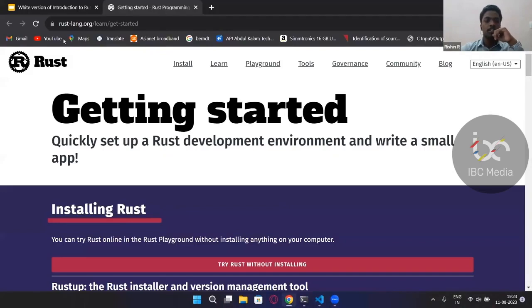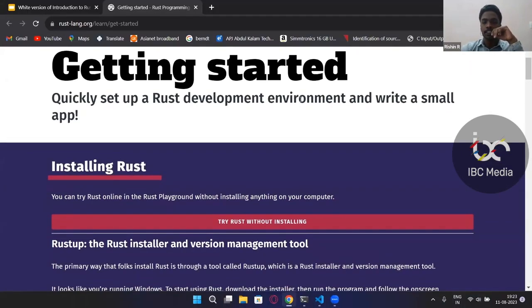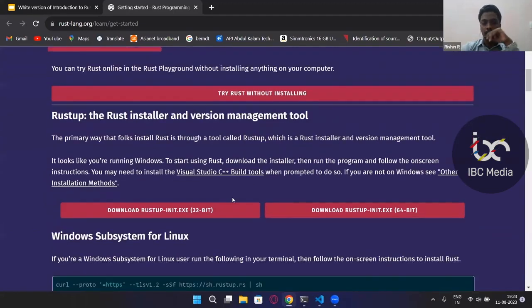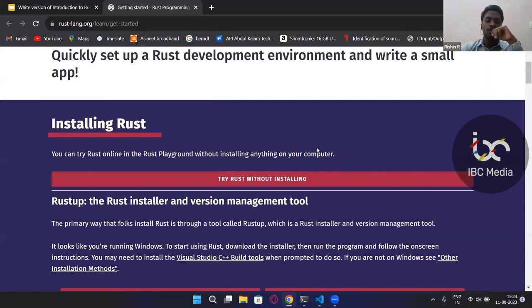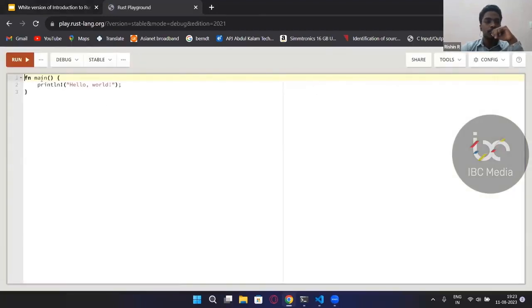So just go to Google and type Rust. You would be prompted with this website, which is the official website of the Rust Foundation. And then you can get into Getting Started, and you will have multiple options. If your system is 32-bit, you can use the 32-bit installation, or else you can install Rust using rustup-init for your 64-bit system, or else if you just don't want to install Rust for this period of time, then you can also use it without installing by this methodology called the Rust